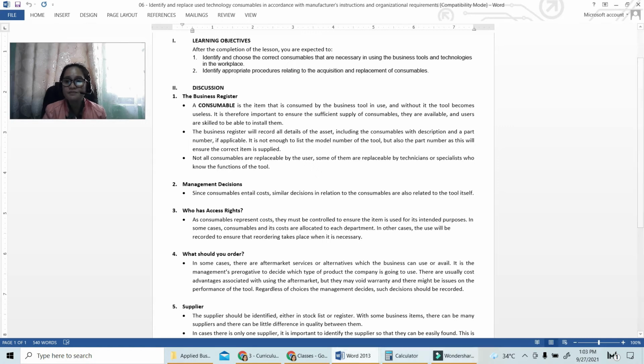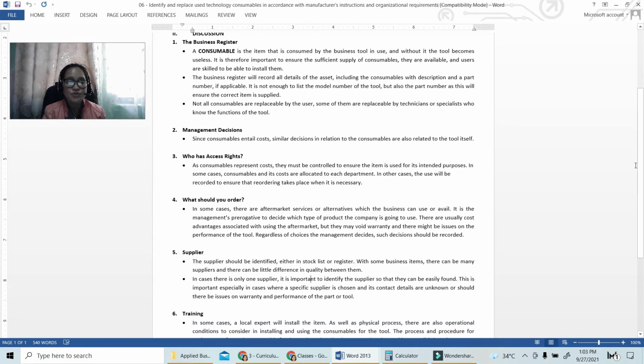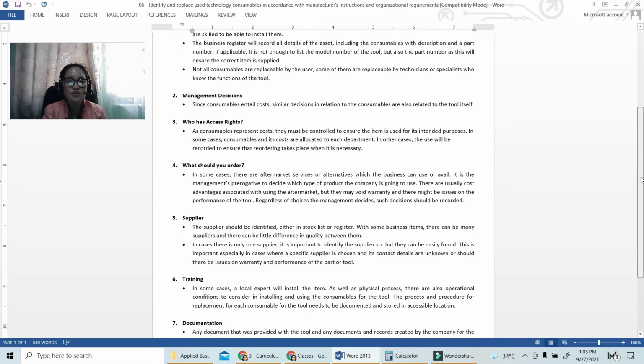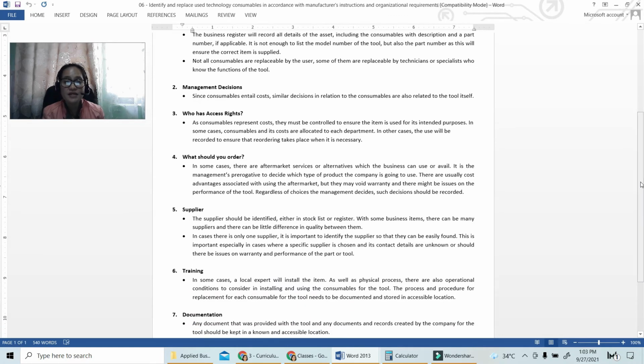And then we also have the supplier. The supplier should be identified either in a stock list or register. With some business items, there can be many suppliers and there can be little differences in quality between them. In cases where there is only one supplier, it is important to identify the supplier so that they can be easily found. Especially big businesses, big organizations,